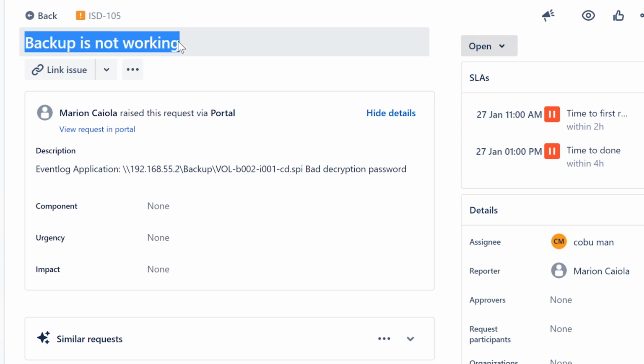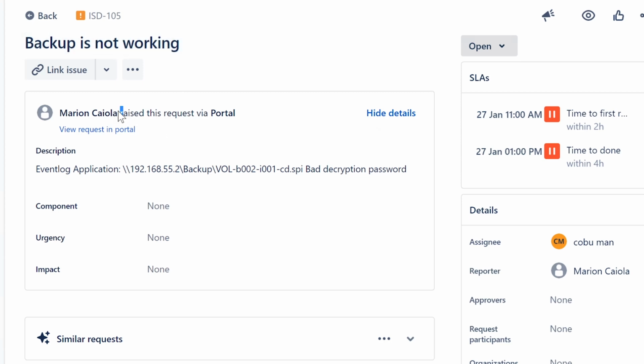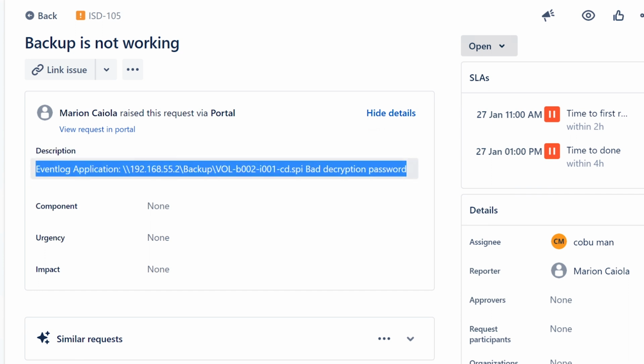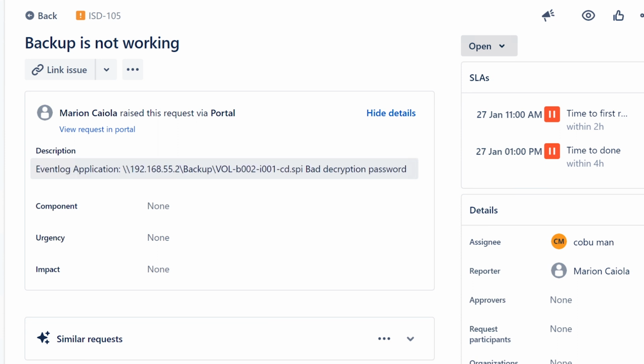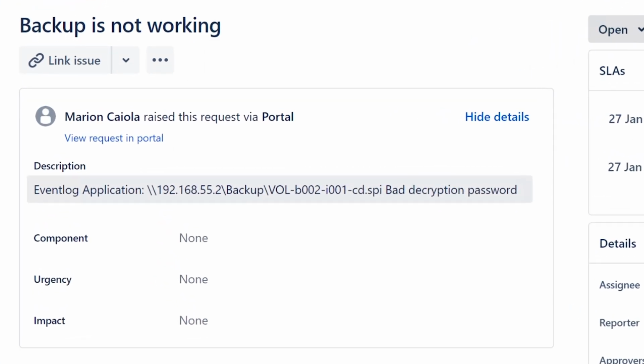So here's a ticket. It's called Backup is Not Working. It's from Marian Cayola. Thanks again for submitting these tickets. When it comes to these type of tickets where backups are not working, this may be something that might go to tier 2 help desk, or maybe even local desktop support, or just the desktop support team. Because once you start dealing with backups, it usually entails having a higher level of elevation when it comes